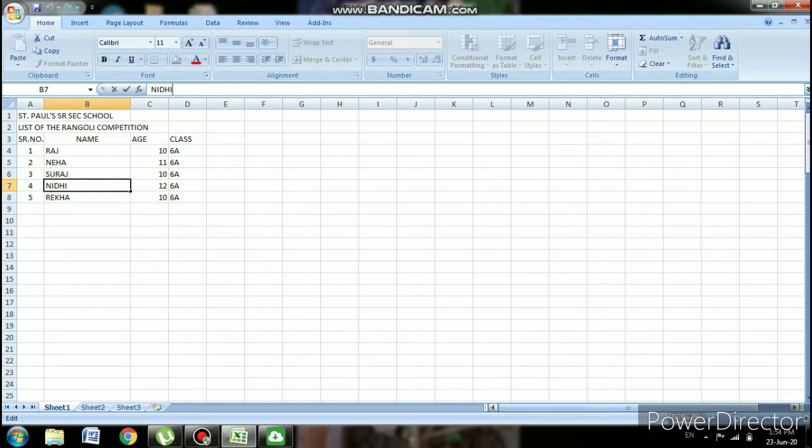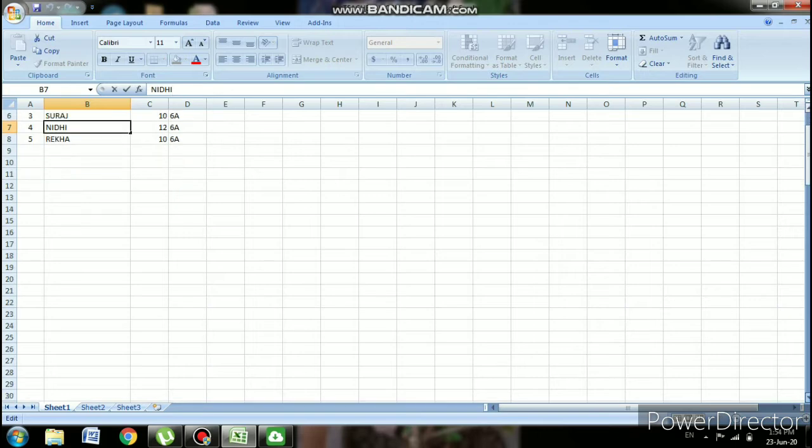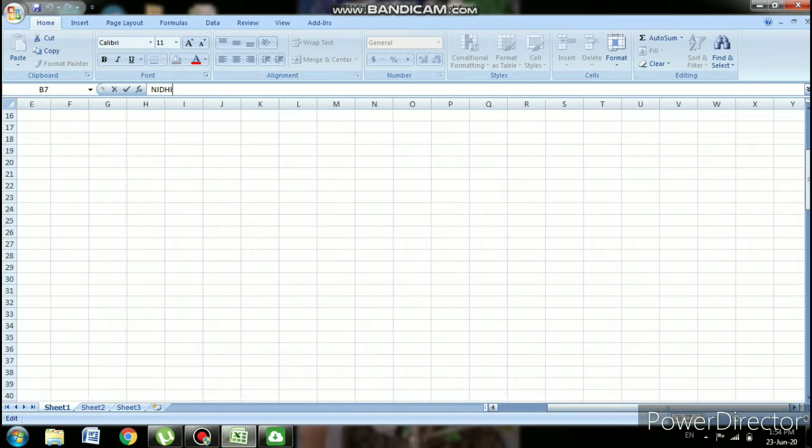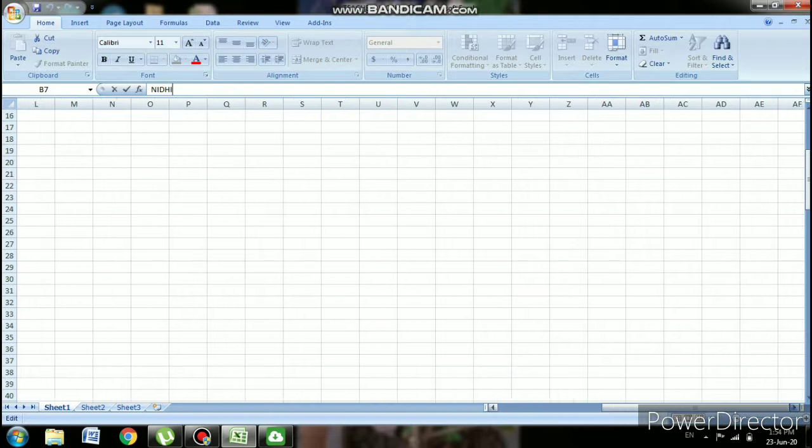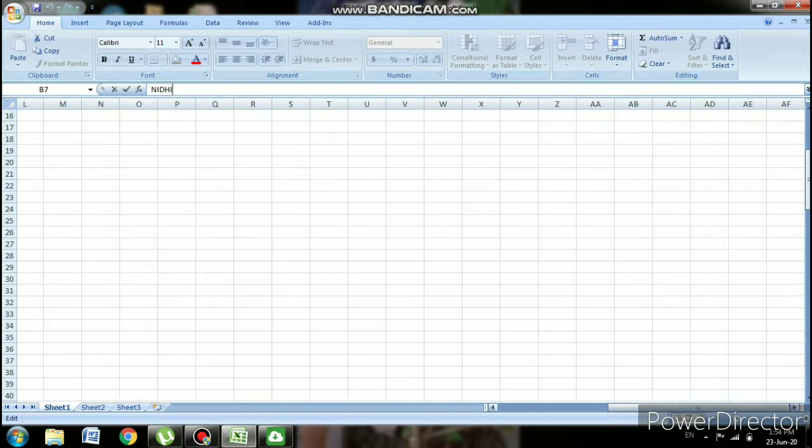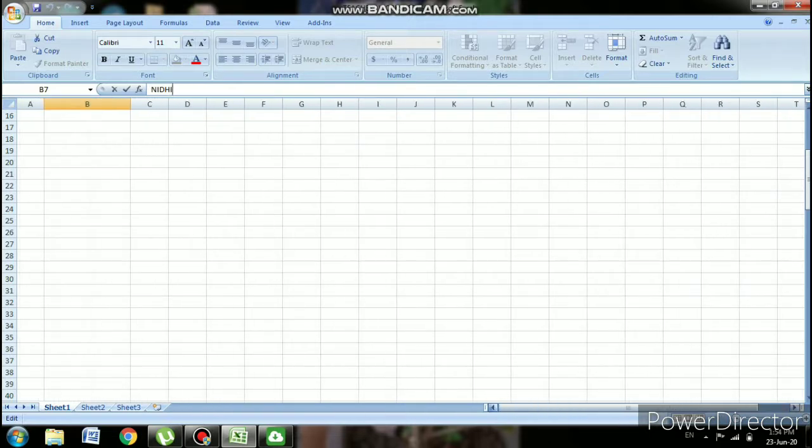One is the vertical scroll bar and another is the horizontal scroll bar. When you click on the vertical, your screen goes vertically forward, and when you click on the horizontal scroll bar, your screen goes horizontally. Then come back to your original position vertically and horizontally.